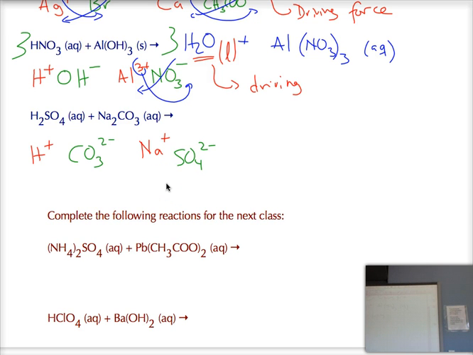The first compound that we can see that it can make, if we do the crisscross, the 2 comes down, the 1 comes here, is going to make sodium sulfate, and it theoretically would make, if we actually do the second crisscross,